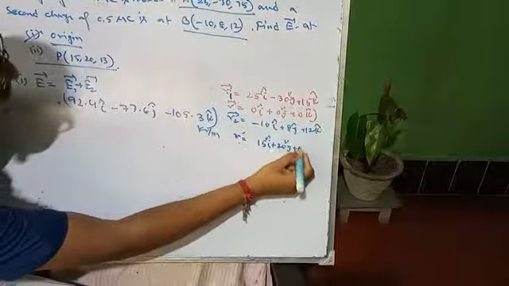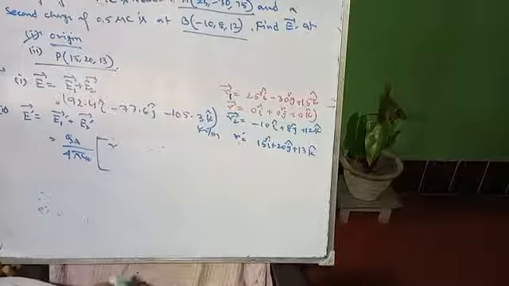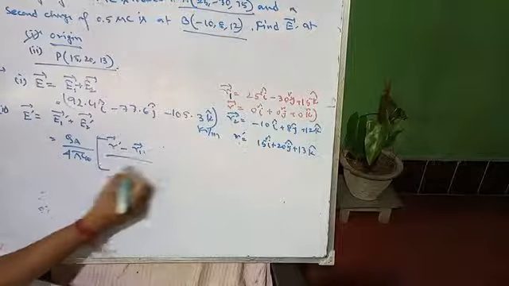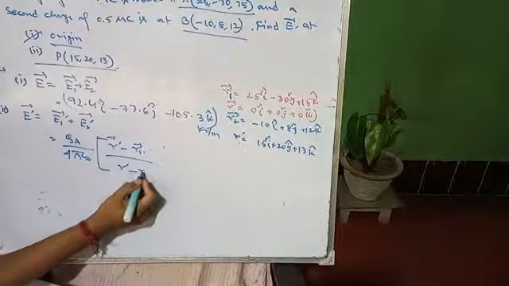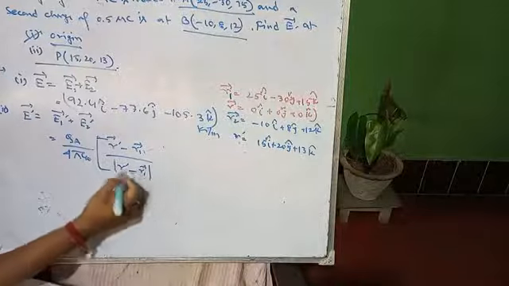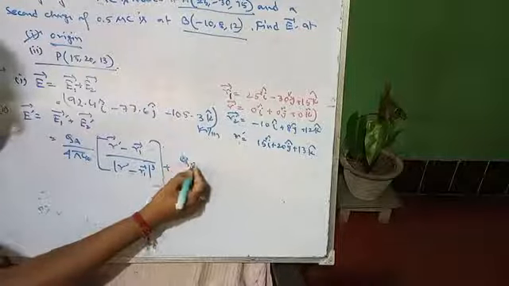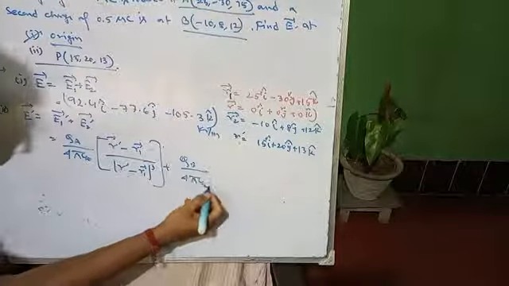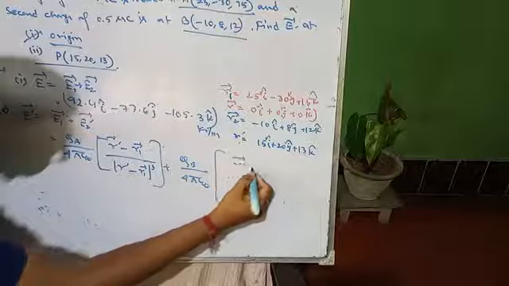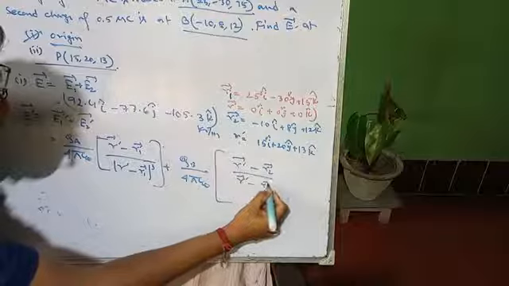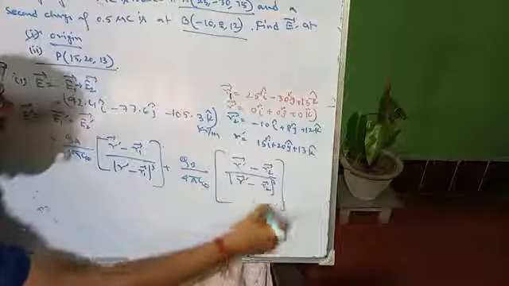Due to this first charge, that is A, that is QA by 4 pi epsilon naught. I am taking it directly, you can write it directly. So that will be equal to (R dash vector minus R1 vector) divided by the mod of (R dash vector minus R1 vector) whole cube, right? This is for your E1 dash, and similarly QB by 4 pi epsilon naught times (R dash vector minus R2 vector) divided by the mod of (R dash vector minus R2 vector) whole cube, right? So this is your ultimate answer.